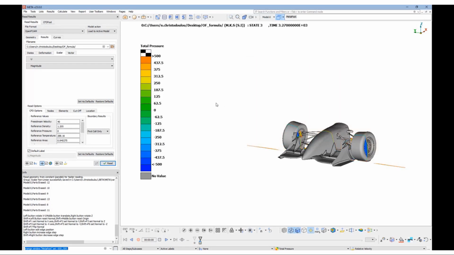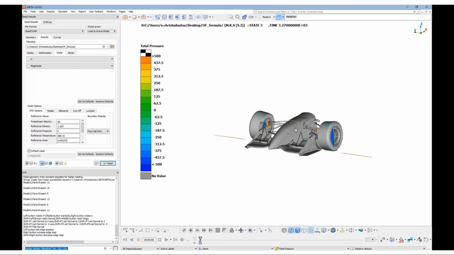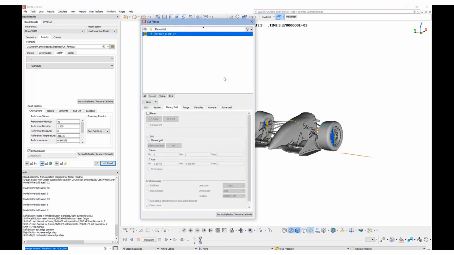So everything is transparent apart from the values below what we've set as max.